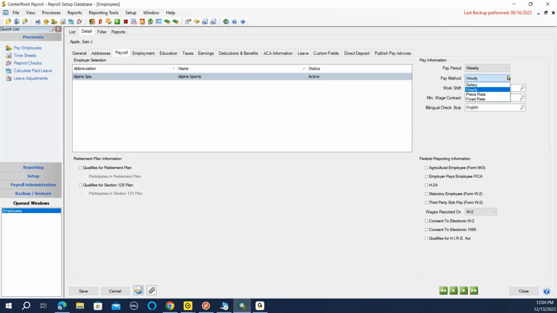You can select what pay method is the default pay method for this employee. I'm going to select hourly for this employee. However, even though I select hourly, this employee might even be paid piece rate. Selecting a pay method here is just used for filtering employees on a list of employees. For example, when you go to do timesheets, you could filter for those employees that are hourly employees, or when you go to do a pay run, you can filter for them, or if you go to run a report. So it allows you to filter for employees of a specific pay method,